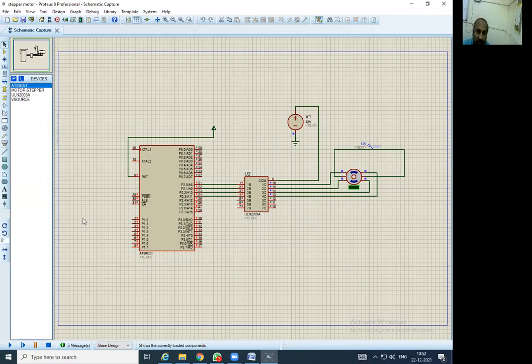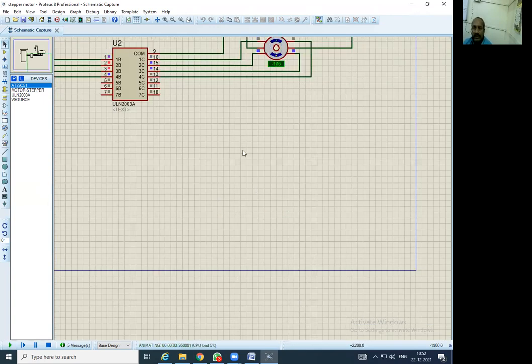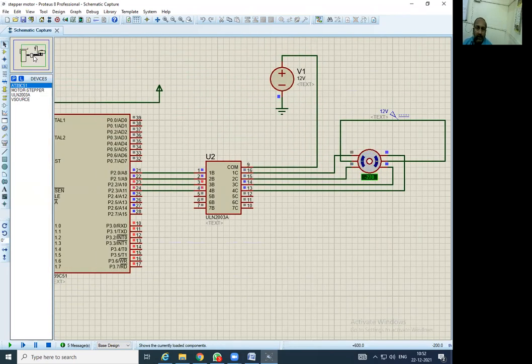Now run the program and check out what is happening in this motor. The motor has started rotating anti-clockwise, and the angle is also displayed.